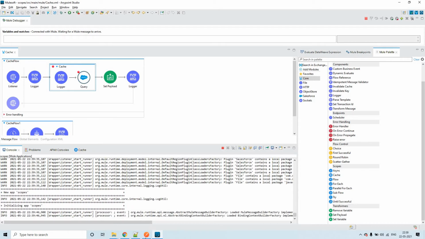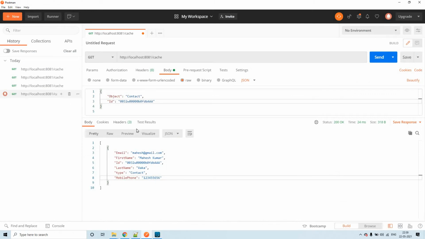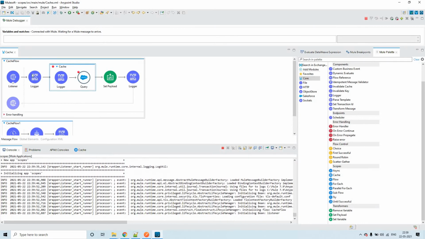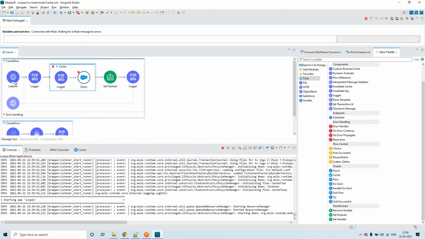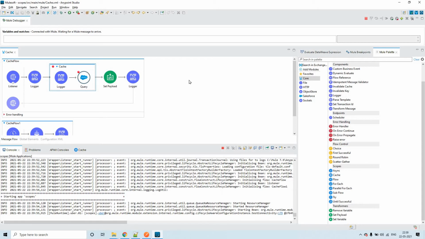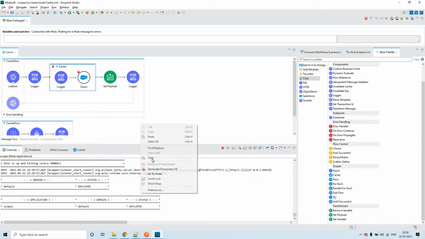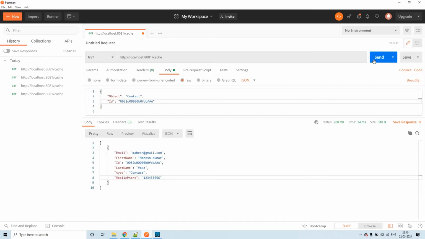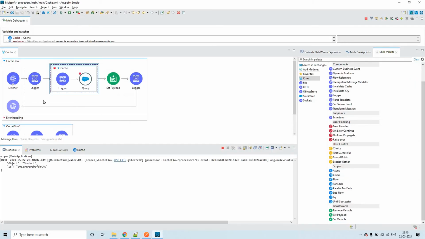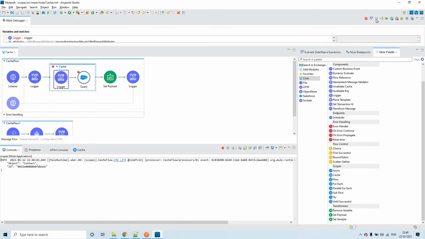Let us send the same request once again and see how the propagation is happening within this flow in debug mode. Let me clear this. Now click on send. See, this got printed already. Now the control is at this level, so I'm clicking on next.